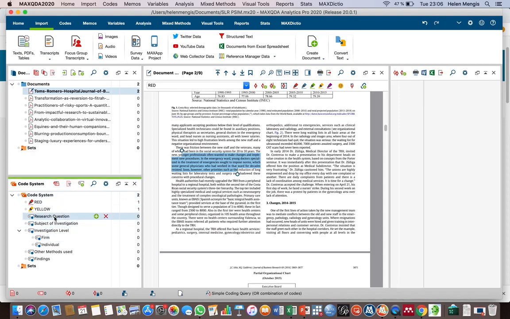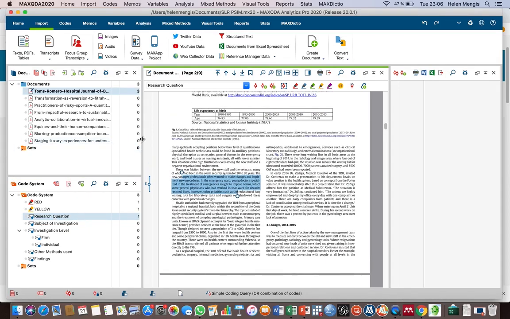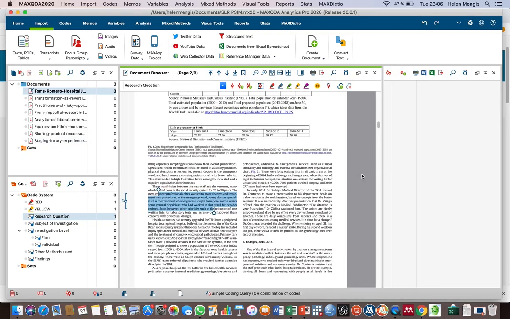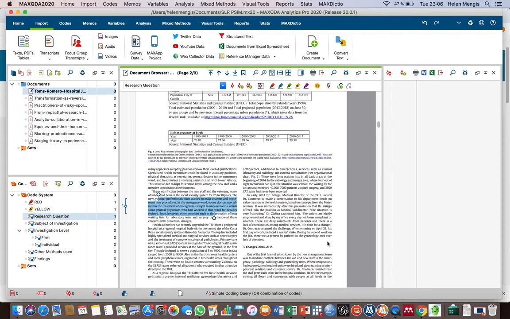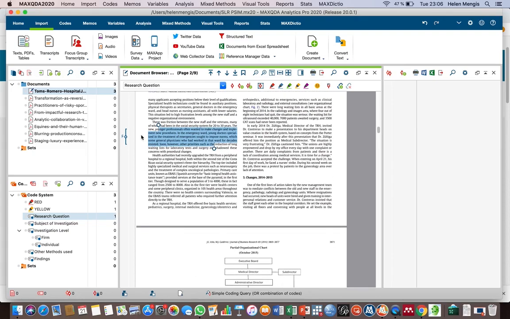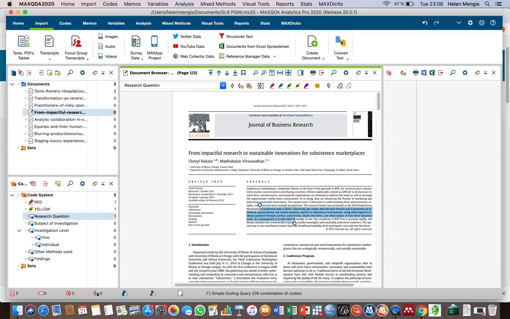I would then use the research question code and drag and drop it here, and then sorry for the moment, can't, but I think you can see it here. So now this is where the research question is coded,